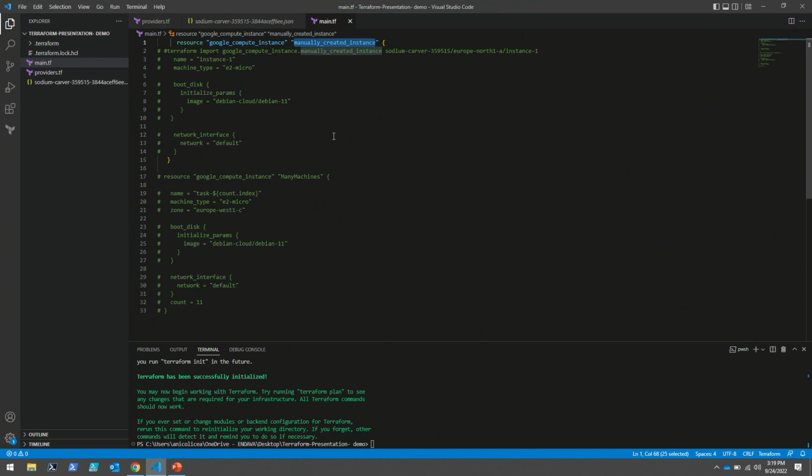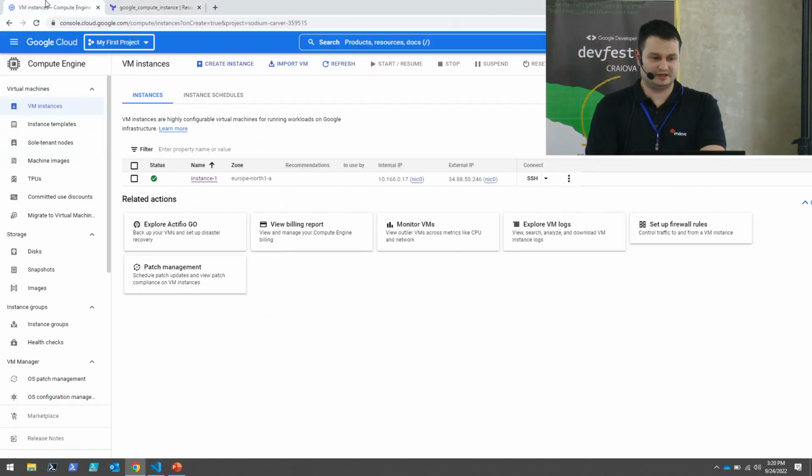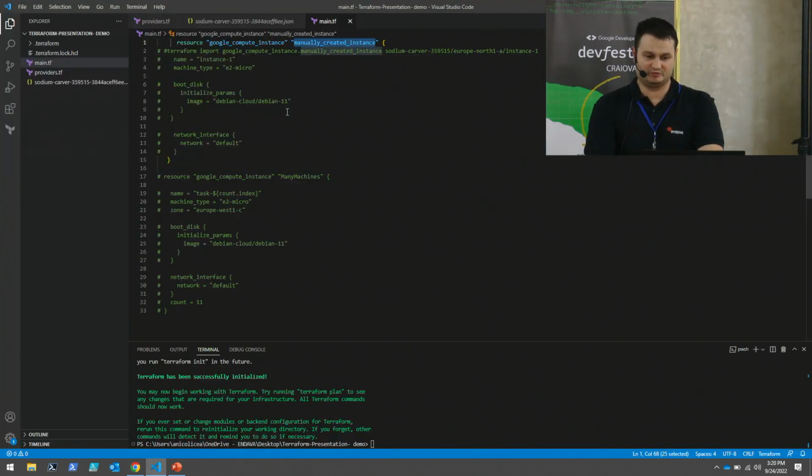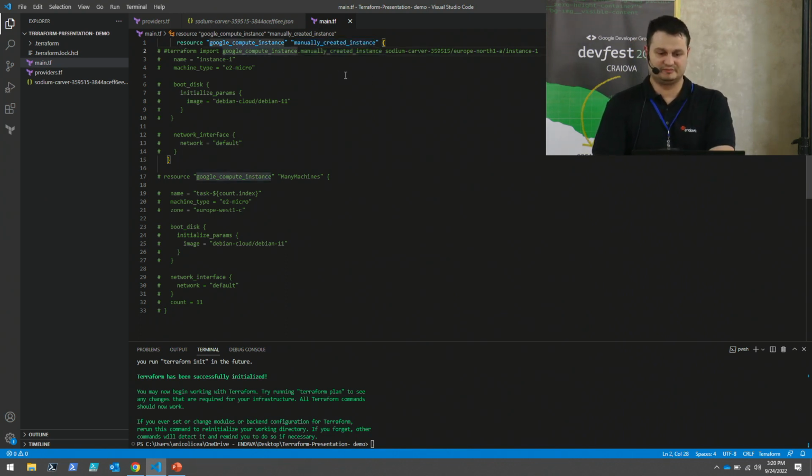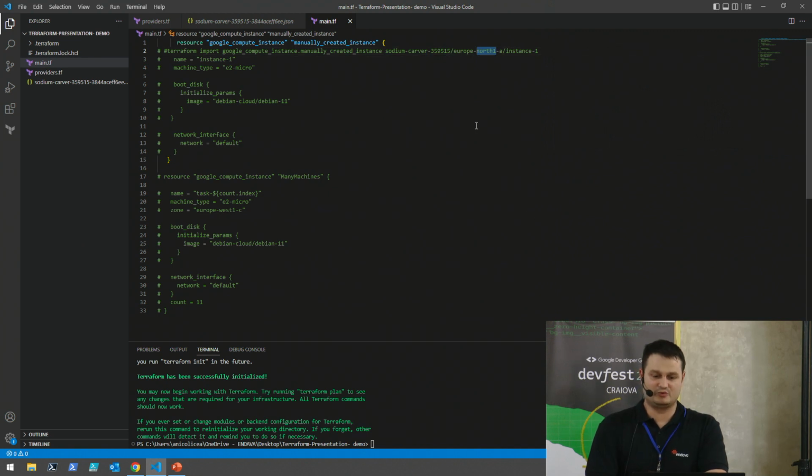Okay. Now, let's import our instance from the cloud under Terraform's control. The import command uses the type of the resource, the name of said resource, the project ID, the zone where our instance resides, and the name on the cloud.